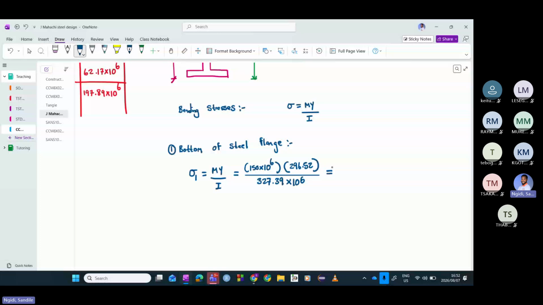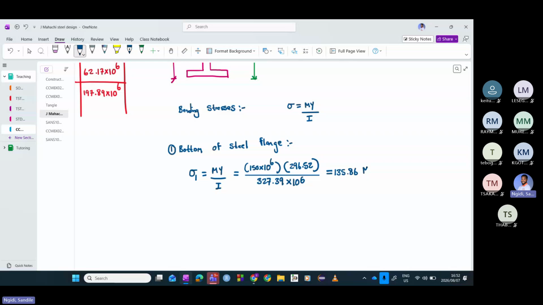What value are you getting? 135.86. 135.86 MPa. That's the bending stress. So we can highlight this value because this is just one of the stresses that we can find. We can continue with this